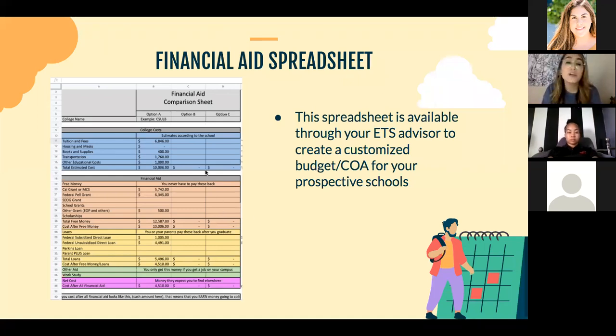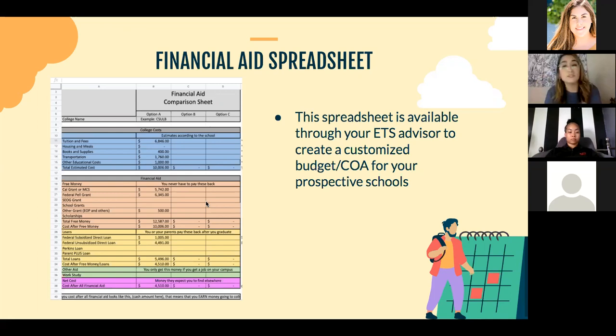And it's really helpful because again, we have different options here, like option B could be another school that you were accepted to and you want to put it in the sheet as well, and maybe even more. I've definitely seen the benefit of using this sheet with students, because one time I had a student who was between Cal State Northridge and UC Merced. By doing this sheet, he realized, what, I'm actually getting money back to go to UC Merced rather than having to pay all this extra money for housing at Northridge. So again, really helpful resource that we want to make sure you guys have access to.